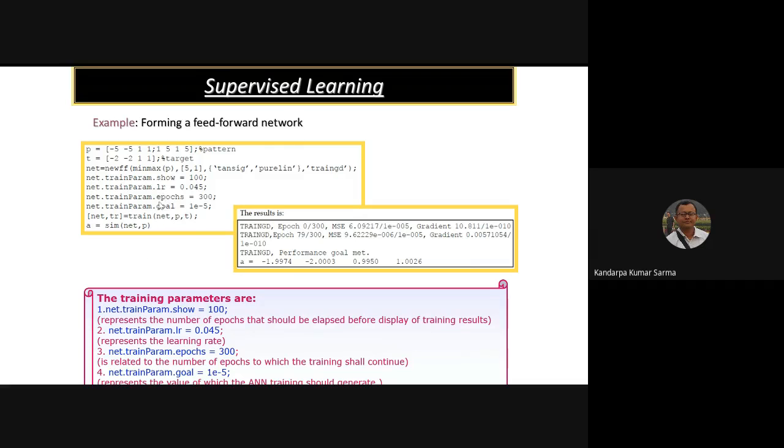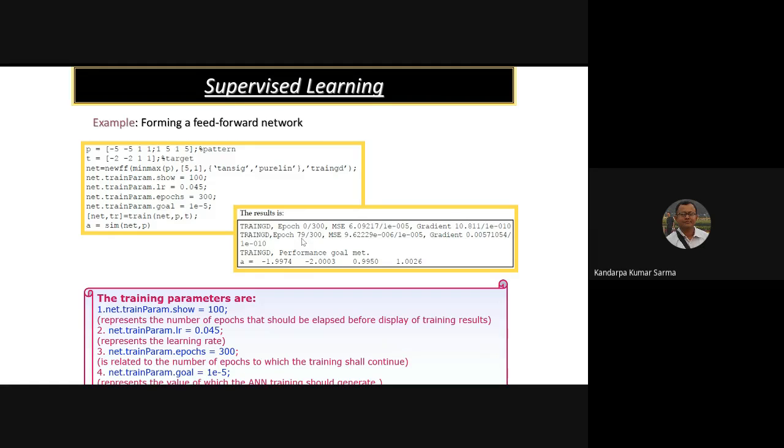You have fixed a training goal of 10 to the power minus 5. So your difference must fall down to 10 to the power minus 5 level. So small. Then finally you will be simulating the result. So now while you run the training, you will find that once you complete 79 number of